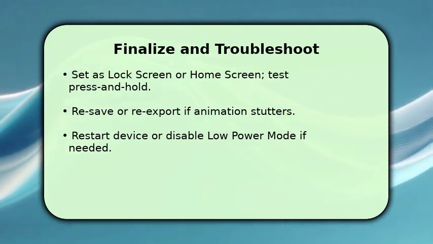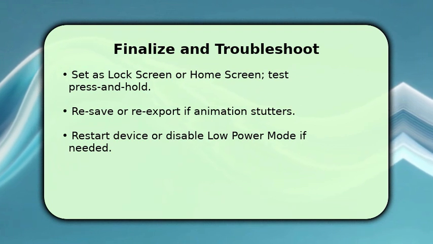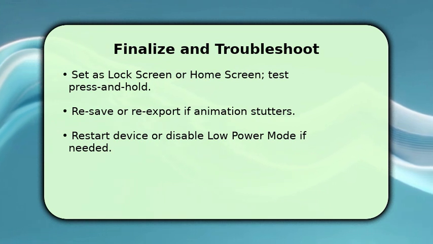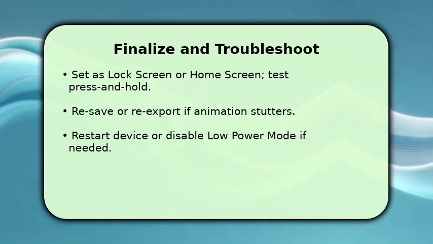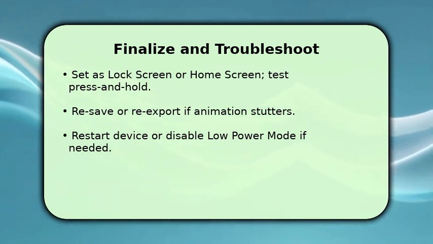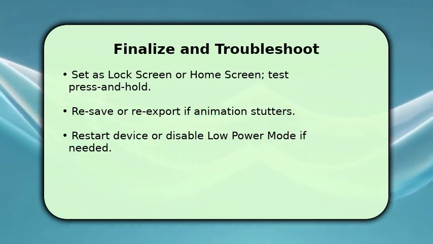If the animation stutters, re-export the source at a lower bitrate or shorter duration, then reapply. Excessive file size causes dropped frames. If nothing animates, make sure low power mode is off and motion settings are enabled, then restart your Nugget 5.0. One quick troubleshooting tip. Toggle live photo permissions in settings to